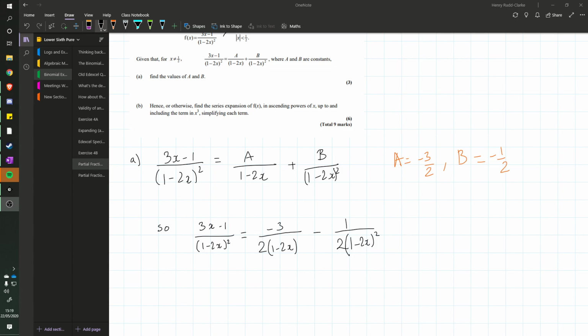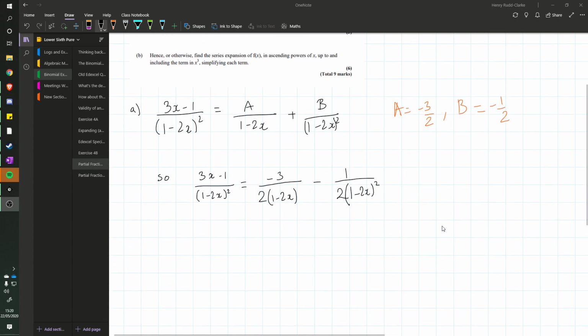So here's your answers. A is minus 3 over 2, B is minus a half. It doesn't actually tell you to write out in partial fractions, it just says what's A and B. Just a reminder that if you do get A or B being fractional, you'd write it out like this. So numerator, denominator, numerator, denominator, like so. Alright,